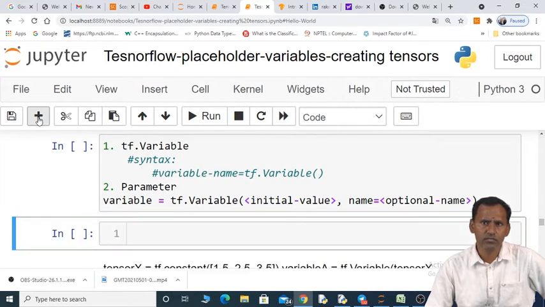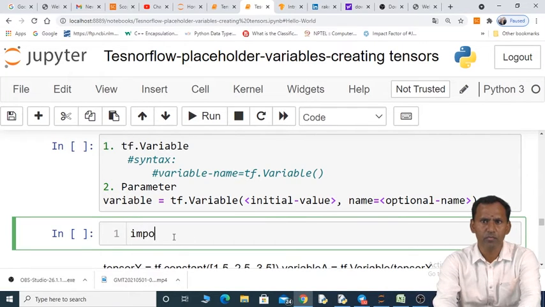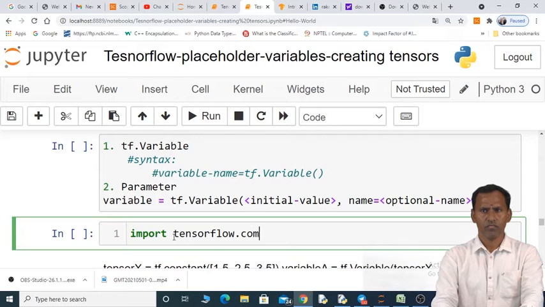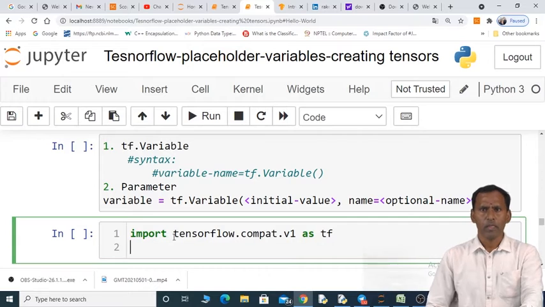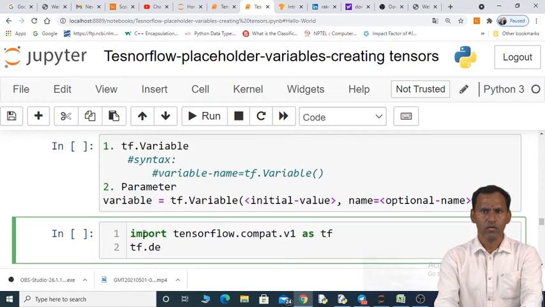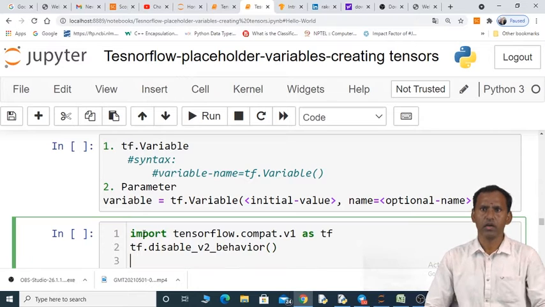I'll tell you how to create the variable. First of all, we have to import TensorFlow, and we have to write the underscore.